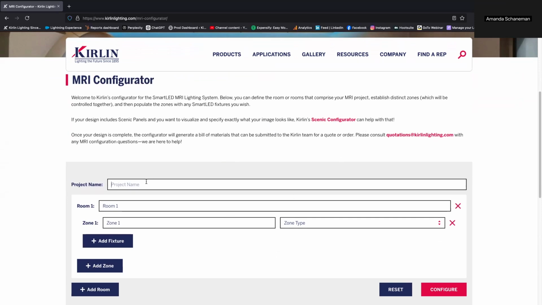So we're going to give it a project name. We're going to call it Lighting 101. And then first up, you have a room name. This is not necessary. It will default to room 1. But if you have it, you can do something like MRI 305, zone 1. You can type in a zone if you need it. So you can say ambient,